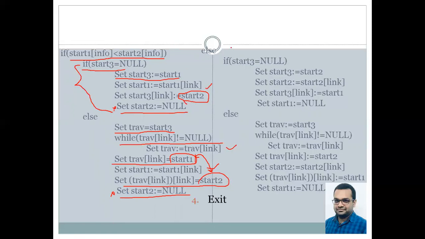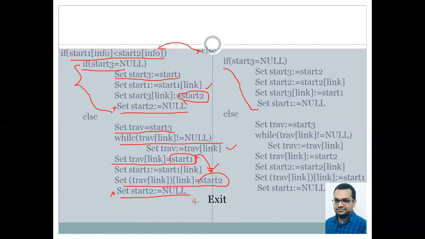If this is not the case, that is, for the values in the last nodes of list 1 and list 2, in that scenario, if start1's value is greater than or equal to start2's, then first we have to insert start2 at the end of the merged list, and then start1. So then we check again over here.